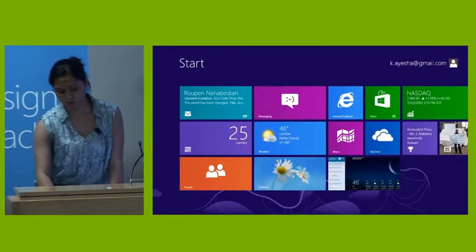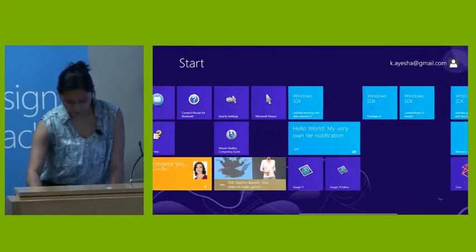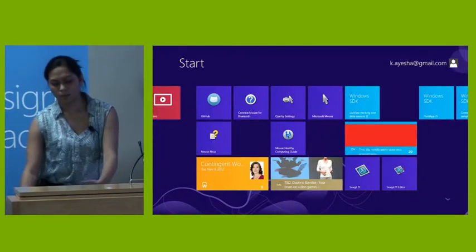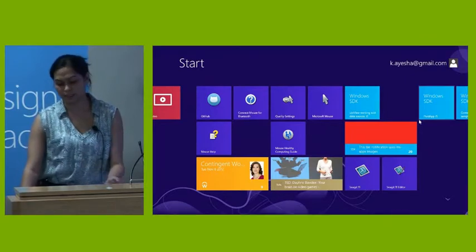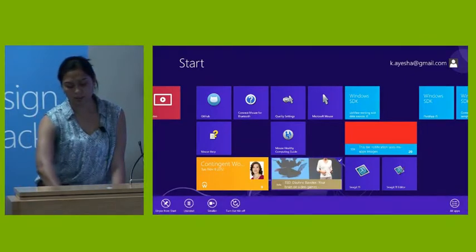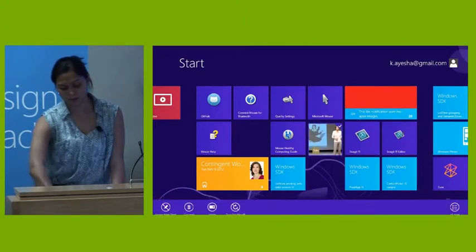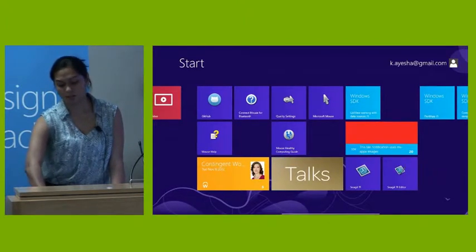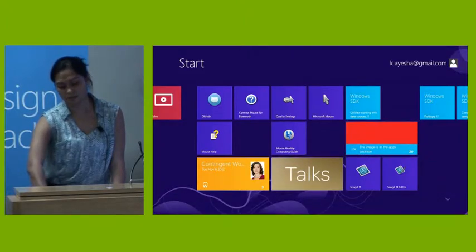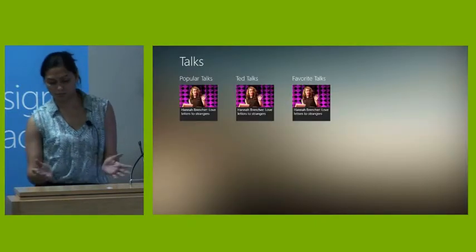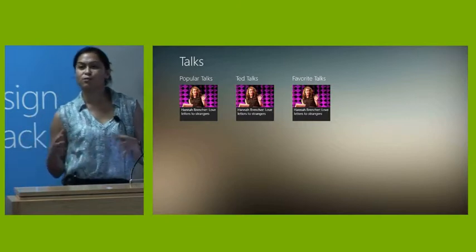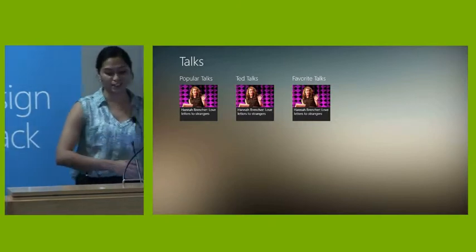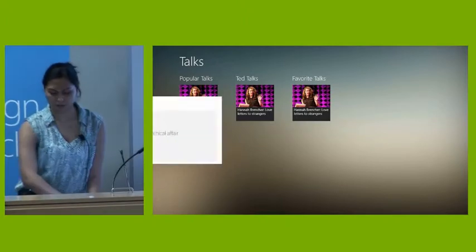I want to also show you the fact that we had a live tile, which rotates through 5, which is your general rule of the latest talks. You can actually make this into a smaller tile. You can turn off the fact that it's live or turn it back on. Launch, you see where you were last. Just wanted to give you a basic overview of what app we actually ended up building and where we started. Okay, so if we return